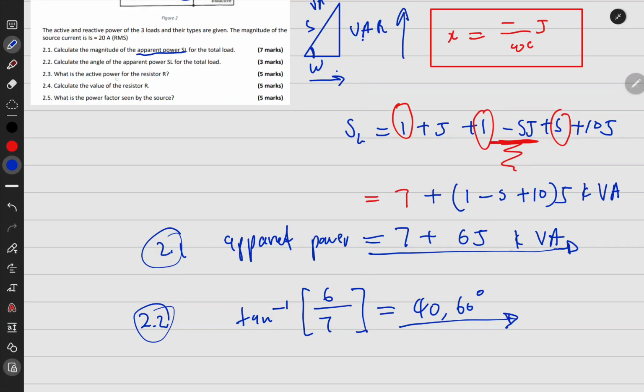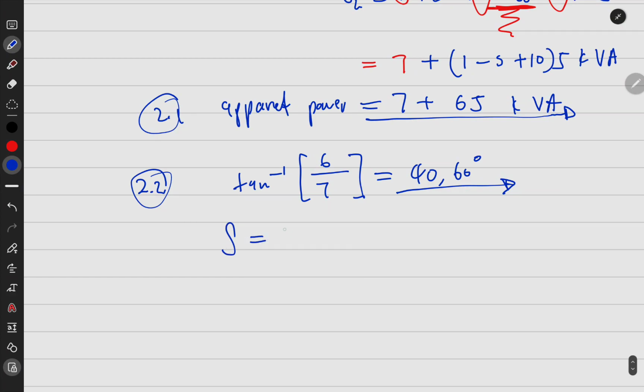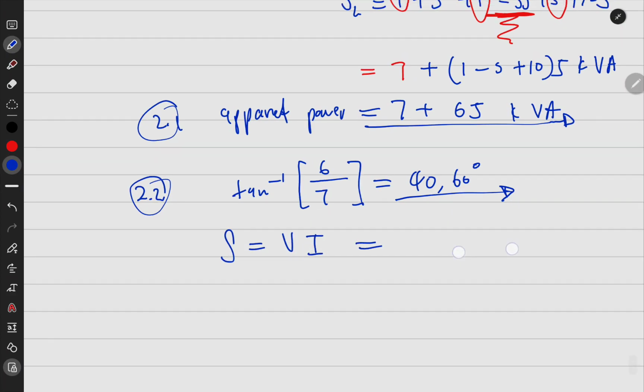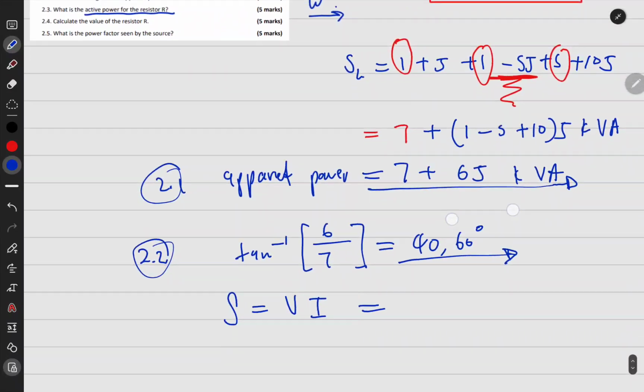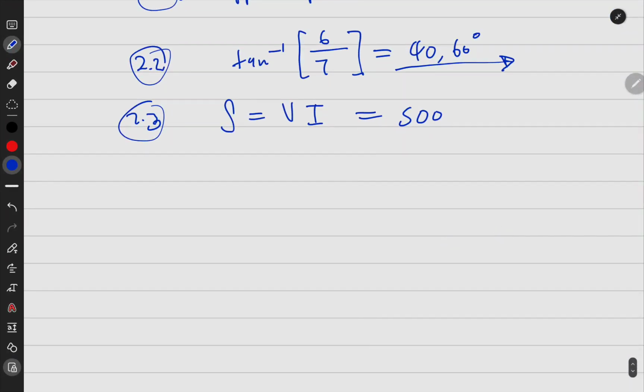So the next question: what is the active power of R? Power should be VI, and V was given to be 500, that was 2.3. The current was given to be 20. They are all in RMS, so the conjugate doesn't matter because there's no complex part, it's all real. So it's going to be 500 multiplied by 20. I think I'm getting 10,000